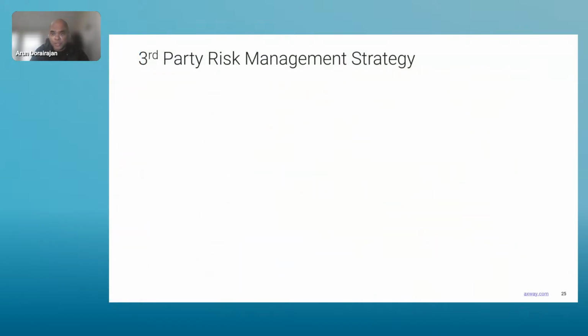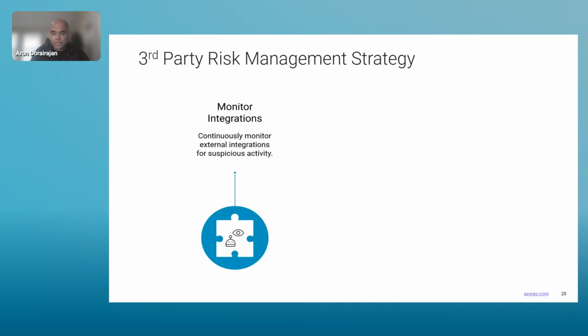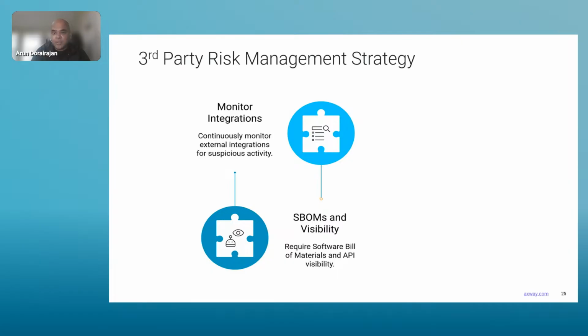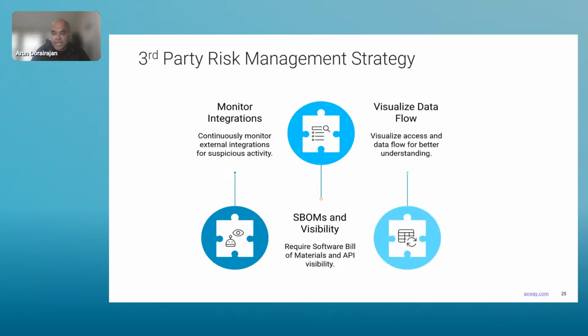So what can you do? Start by flipping the script. Don't just trust, verify continuously. Monitor partner access patterns just like you monitor internal users. Require a software bill of materials to know what's under the hood with every integration. Build dashboards that don't just show traffic, but show what data is moving and who's doing what and when. And guess what? Third-party files and API drops are where security teams have the least visibility. That's the most dangerous blind spot.